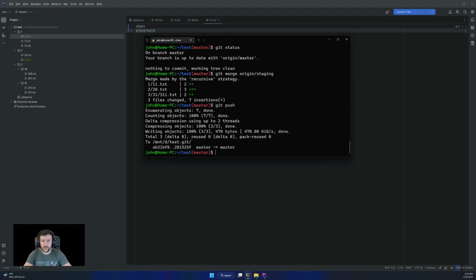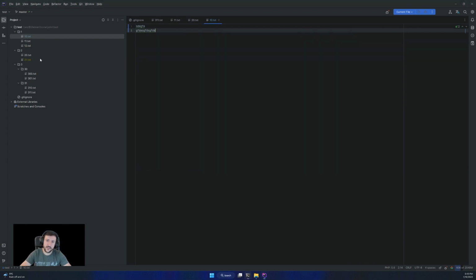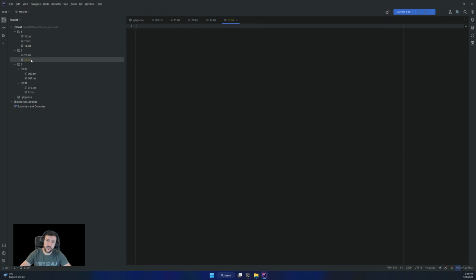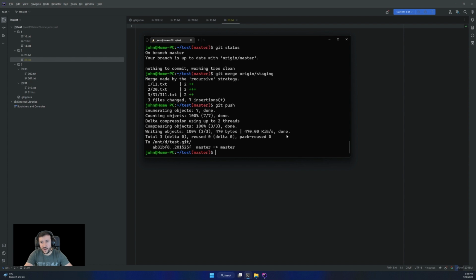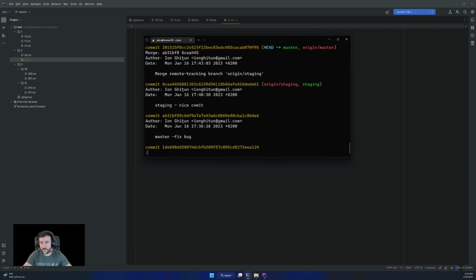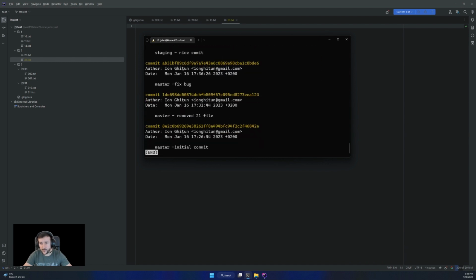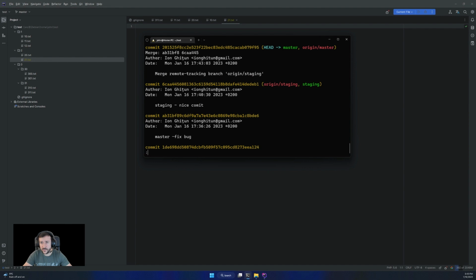The next thing I want to show, let's say I have some commits in here. Let's say I want the commit in which I removed this 21.txt completely and updated the .gitignore. I want to get rid of that commit for good. So if I go git log, there are some logs in here.